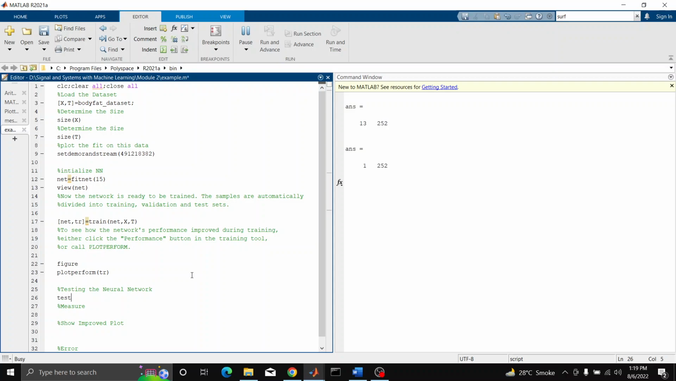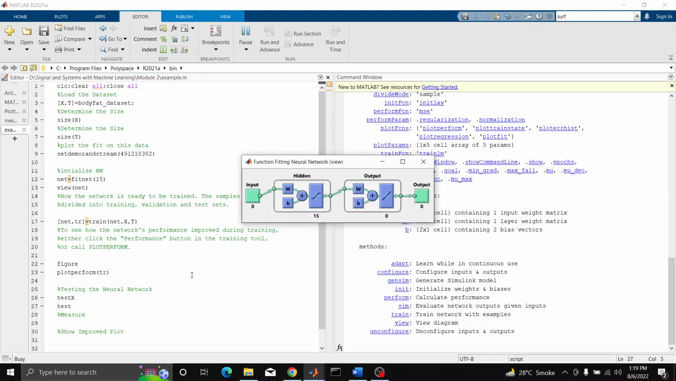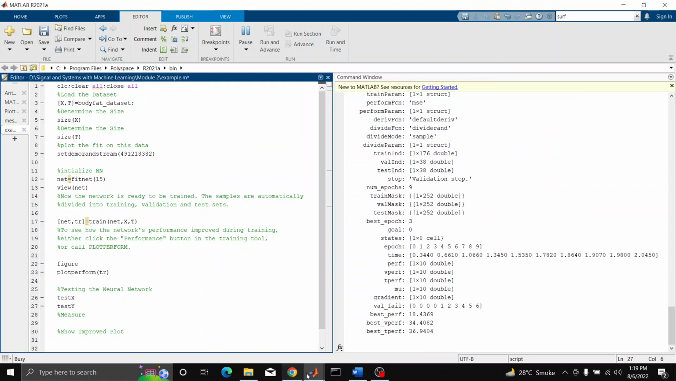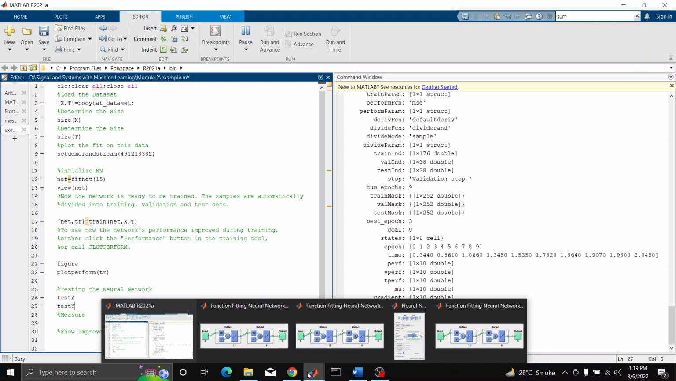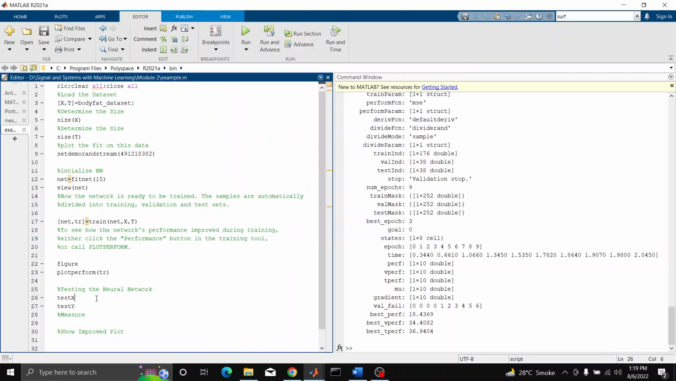Meanwhile, I can define my test X and test Y variables, so I can work on those. Okay, the performance plot is here. That is the same diagram which we extracted from the neural network training tool. I was just trying to show you that you can use simple plotting techniques to plot this as well. Okay, for test x and test y,